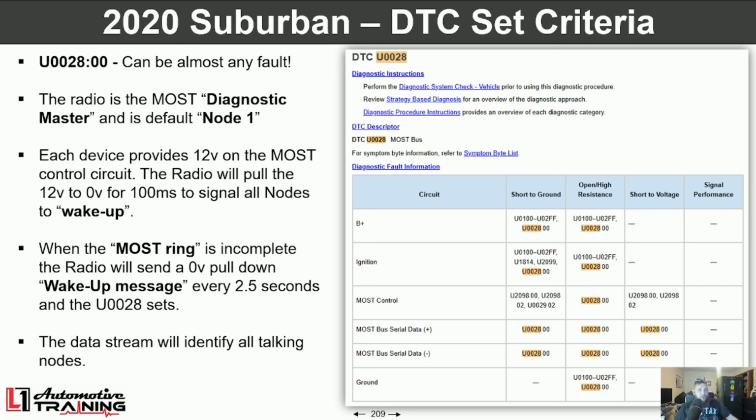And that's why a short to ground on that side, on the MOST control, couldn't really cause the MOST control network to set this DTC, and neither could a short to voltage, because either of those states are normal states for that control circuit. But an open in that circuit, or a high resistance where it wouldn't quite get 12 or it wouldn't quite get 0, either of that could cause that. That's why MOST control can only happen if there's an open or high resistance to cause a U0028, and you'll notice U2098 is for the other options,